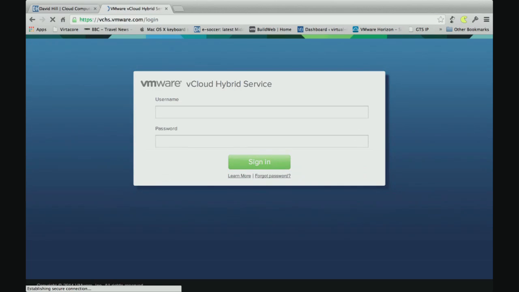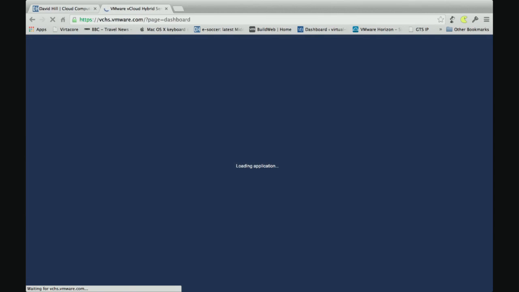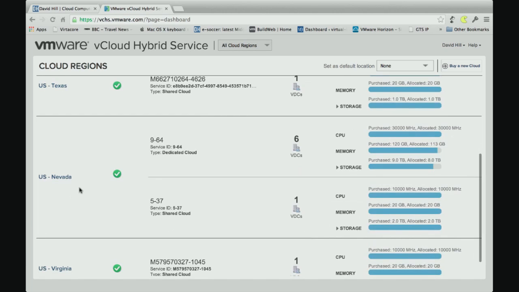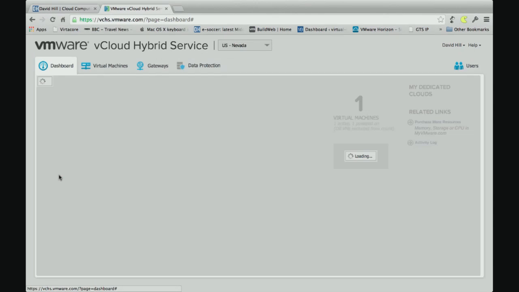We log into the VCHS UI. Pity I can't type as fast as I can talk. When you log straight in, you get a list of the cloud regions. As we were saying, we have multiple data centers in different regions across the globe. You can see here I have resources available in Slough, in Texas, and then I scroll down, and I'm actually going to show you our dedicated cloud in Nevada. So we go into Nevada,